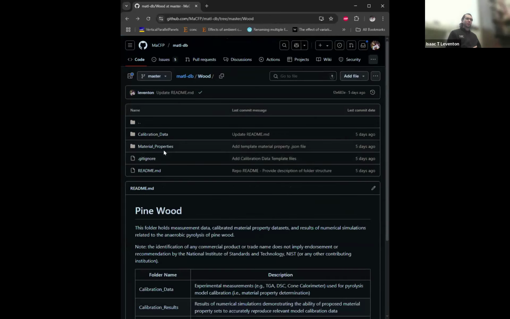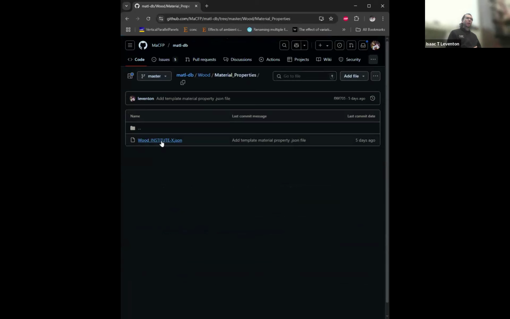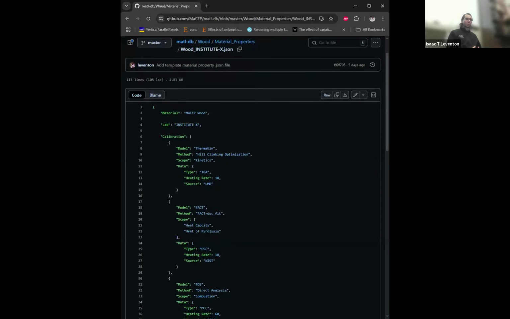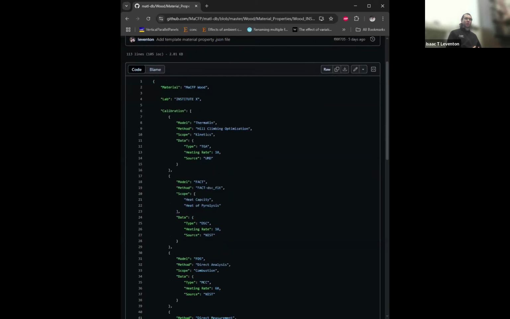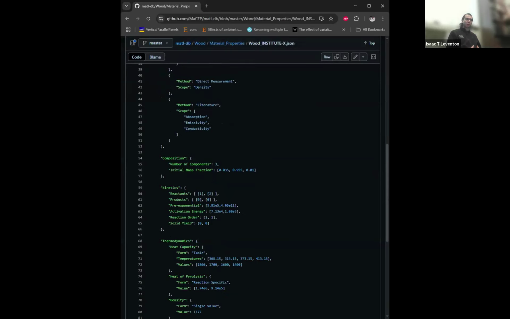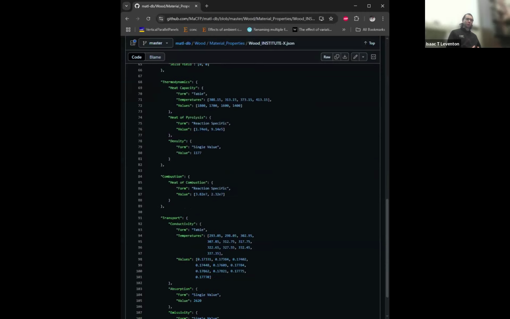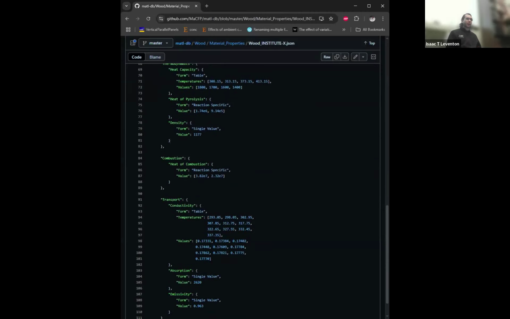In terms of property values themselves and how you submit them, Morgan may be able to add to this, but there's a somewhat flexible format that he's developed to allow you to describe each of these property values, how you calibrated them, whether with this or that tool or manual optimization. And for each one, do I have multiple reactions? Do I have temperature dependent values? Are they a single value? Is there going to be a wavelength dependence for this or that property?